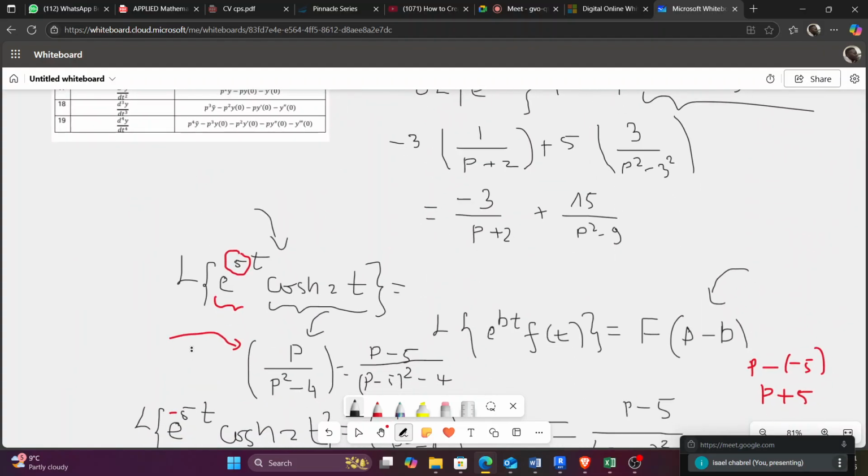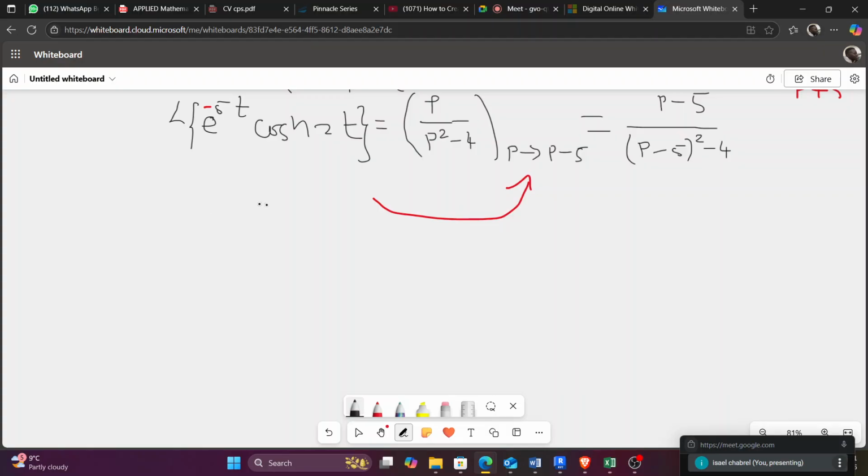Okay, let's try something like this, guys, using the first principle. Let's say we have Laplace of t square exponential minus 2t. Now, because we do have exponential next to another function, you know that we can solve this using first translation property. Are we together, guys? Now, what do we do?